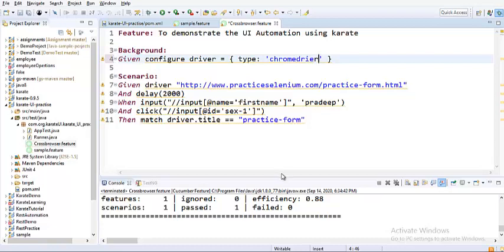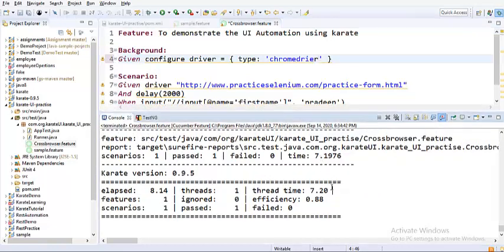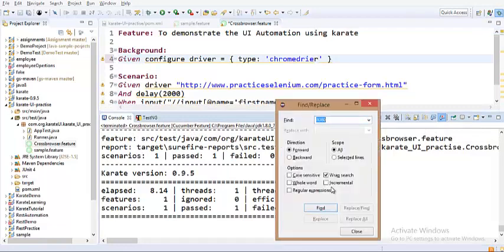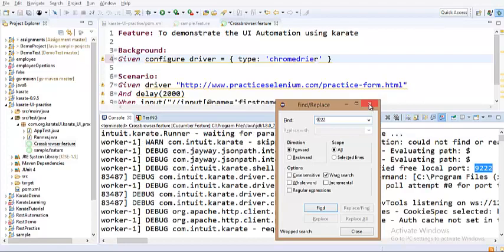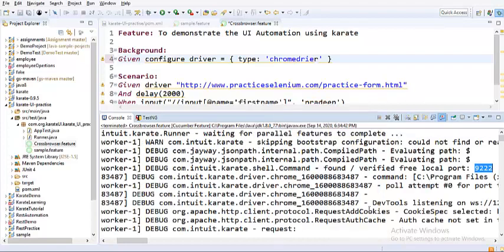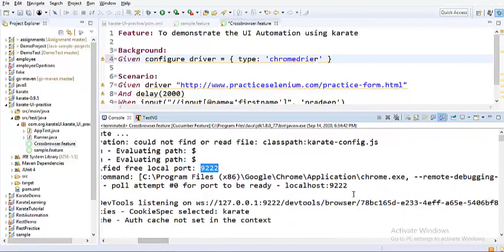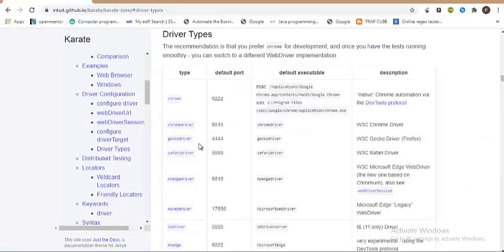And in the console log, if you just try to search for the 9222 port, you will see that Chrome is being launched on local port 9222. So this is our Chrome exe executable path and this is the port number. That is what you can also see in the documentation. Chrome is expected to open on the default port 9222.